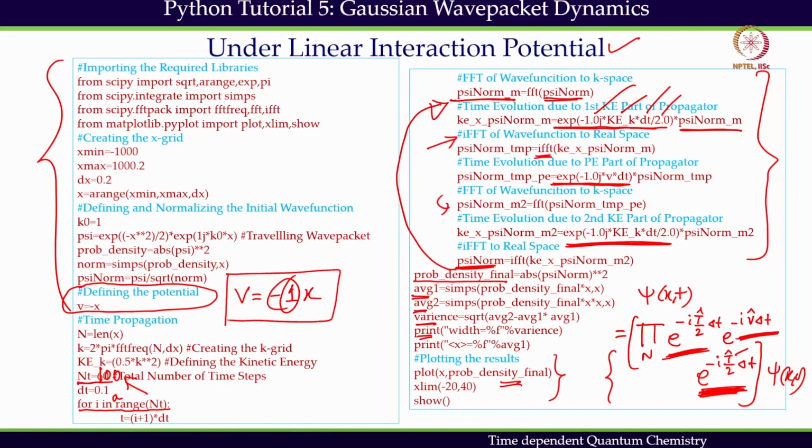What is the potential experienced by the particle? As long as the potential is known by the user or by somebody who is exploring this one-dimensional dynamics, and as long as the initial wave function, this traveling Gaussian, is known, then one can time evolve the